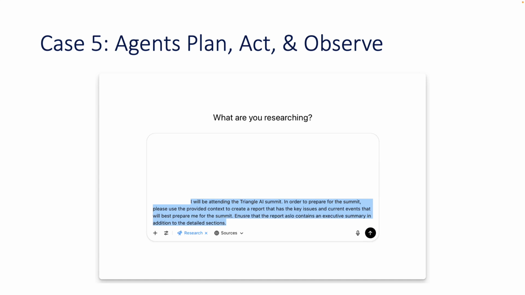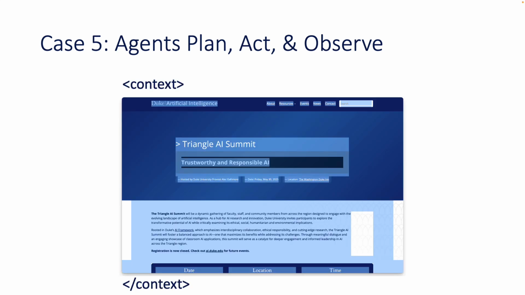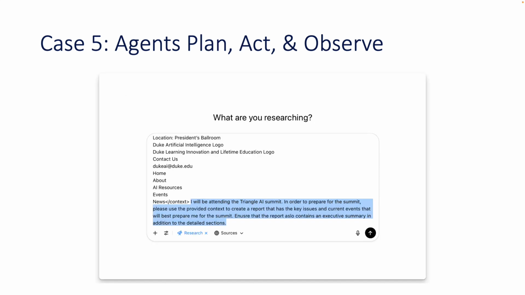So back in video number 2, the second key was tools provide context. Well, in this case, I wanted to make sure it had the context for the Triangle AI Summit, and I didn't know if it was going to be able to find it. So I decided to go to the Triangle AI Summit webpage, copy that information, and literally paste it in here, provided it as context. I use these XML tags. That's a little trick or tip that you can use to separate different types of information to help the LLM know where the context starts and ends, where the prompt starts and ends.